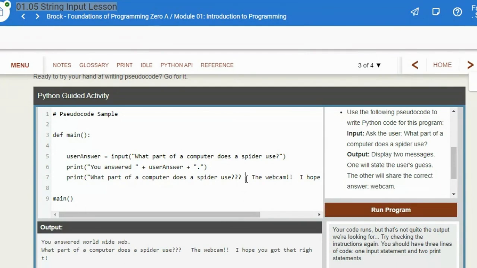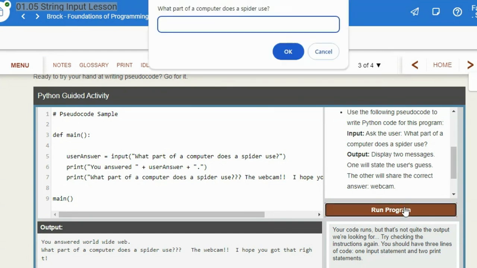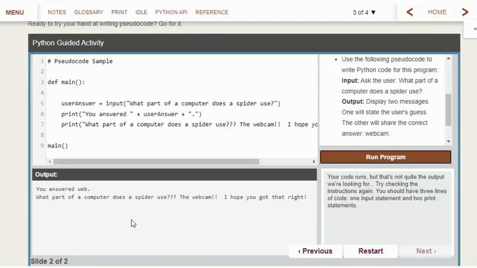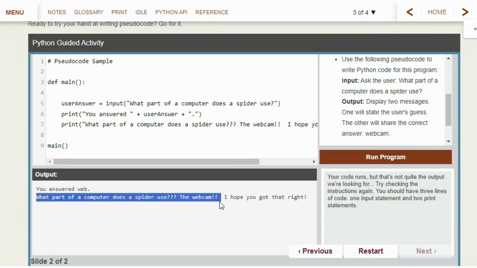So maybe I can take out a couple spaces there because I can see it goes off the screen. But web there. What part of a computer does the spider use? The webcam. So